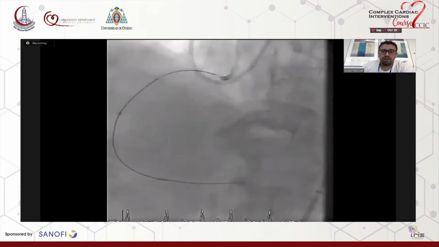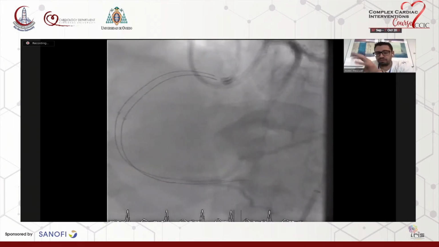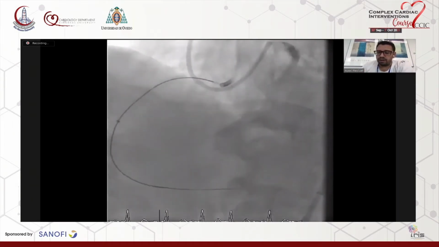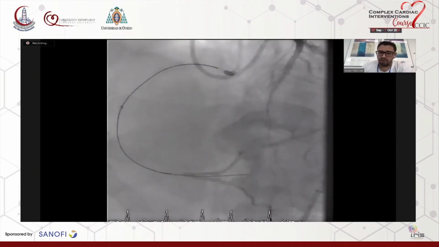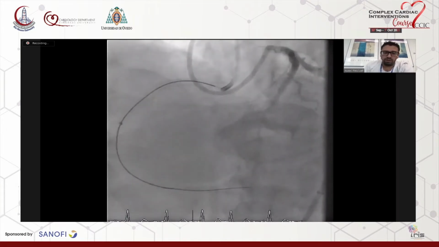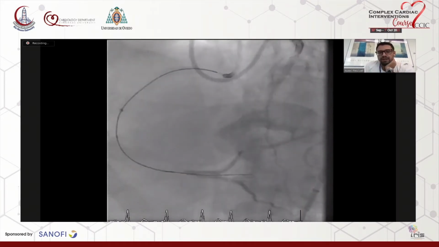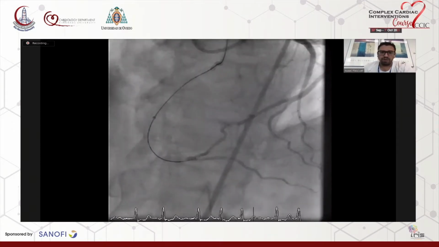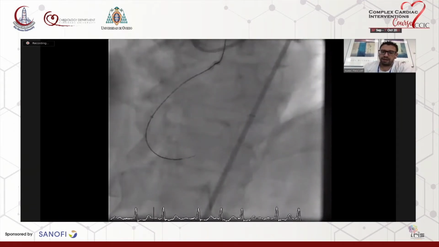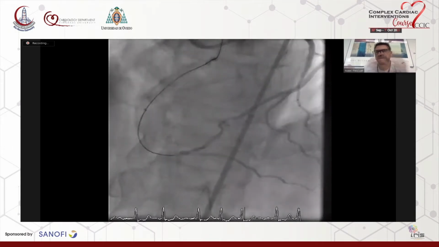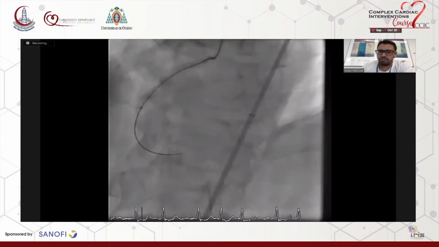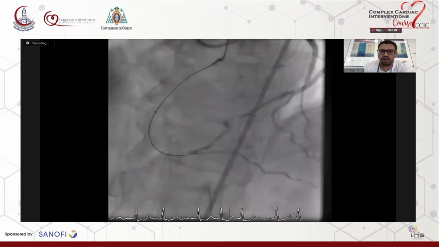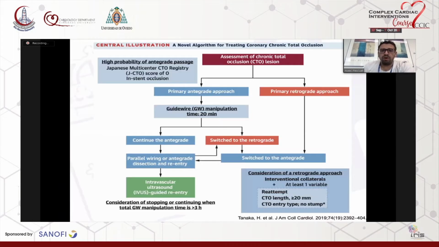At this point, we proceed with several different projections, and you can see that we are absolutely out of the lumen, we were subintimal. Then we remove the wire and come with Ultimate Bro, and then at this point, after 25 minutes of procedure following the algorithm, we decide to go for